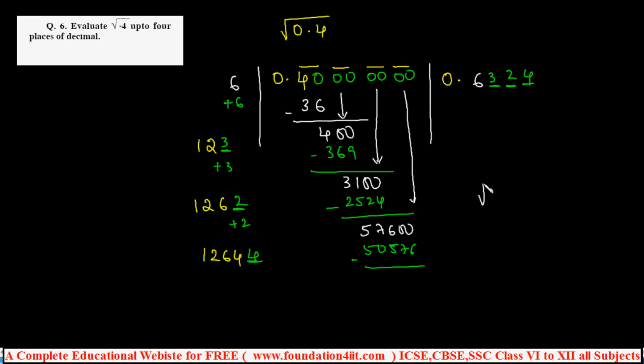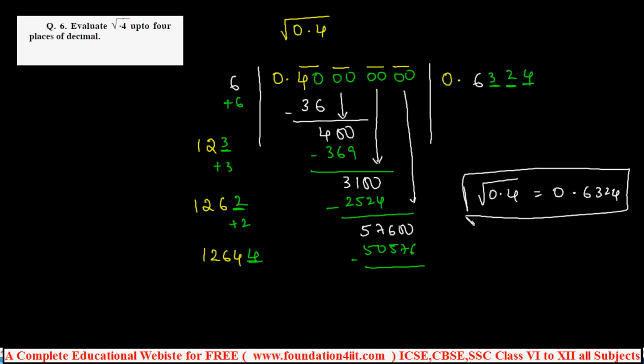So the square root of 0.4 is equal to 0.6324 up to 4 decimal places. This is an irrational number, so it will go on infinitely. If they ask up to 5 decimal places, you should keep 2 more zeros. This is the long division method process. I have already done some other examples on our channel, you can go through those. These are the main things we can apply in square root and cube root. Some simple basic questions will come in quantitative aptitude type questions.